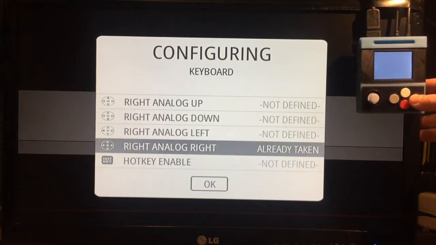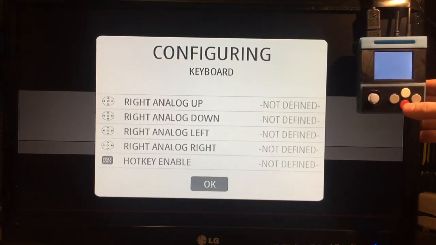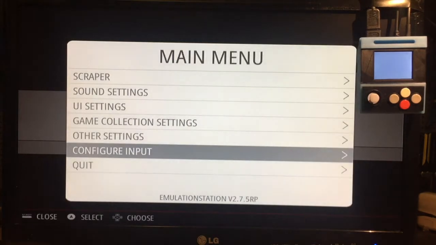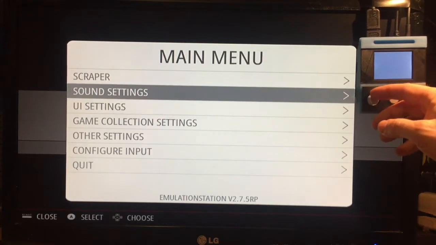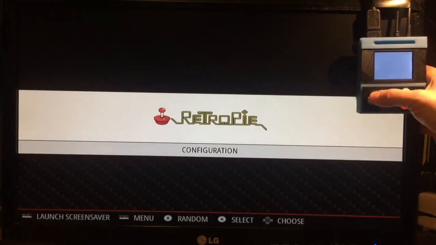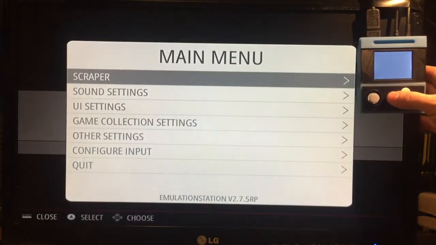Finally, I'm approaching the end of the configuration. Now I can just confirm OK, OK, or yes, using the A button. And now I should be able to navigate in the RetroPie menus using my stick and these buttons. Yes,